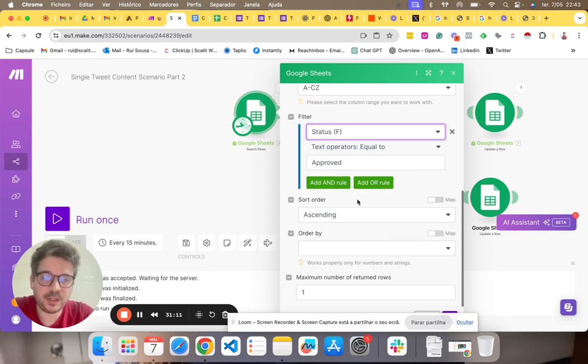So if it's approved, it will continue. If it's not approved, it will not continue. So you will search for the rows, okay? And then ascending, it starts from the bottom, which is the new content that you create. And then normally we like to use one. You can use two, you can use three, maximum I would say two, which creates 2 posts at